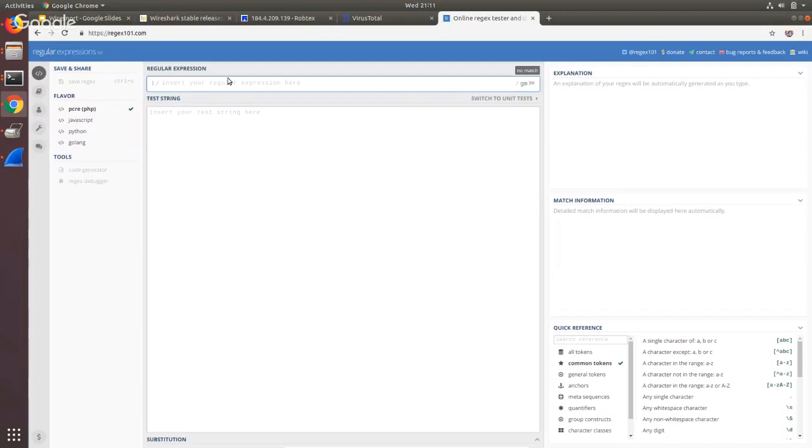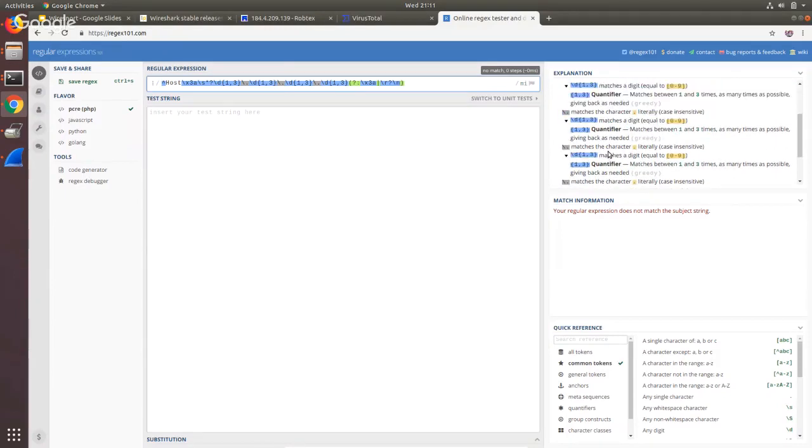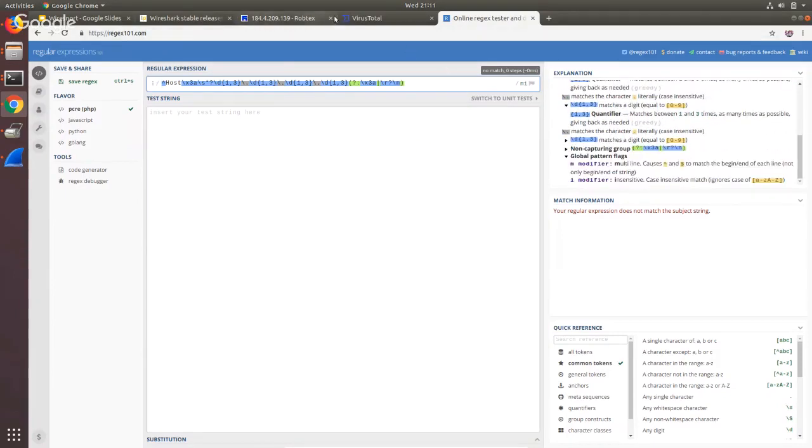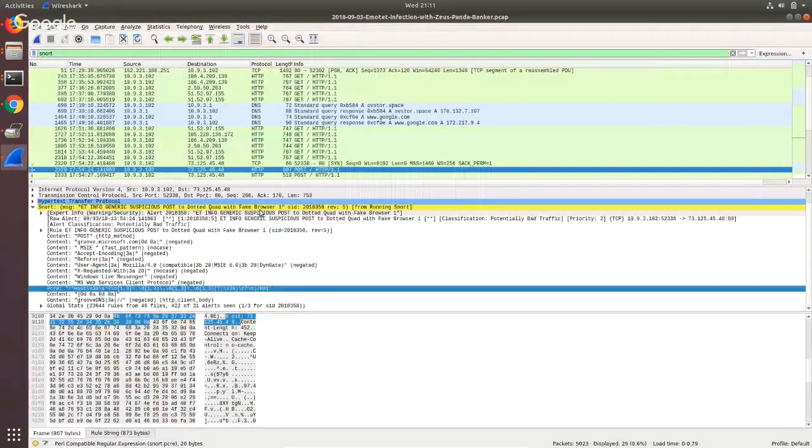Oops, paste it into here. And it will give you an explanation of everything it looks for. This one's really complicated, so I'm not going to walk through the whole thing. What I'm getting at here is I look at Snort rules and alerts